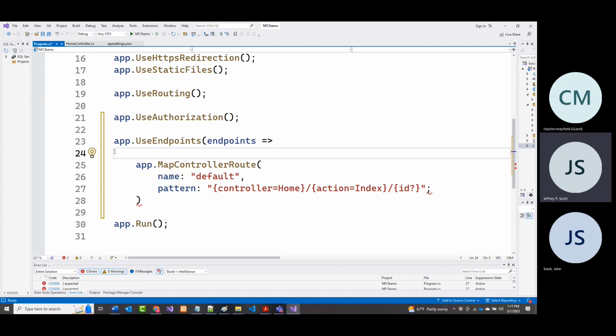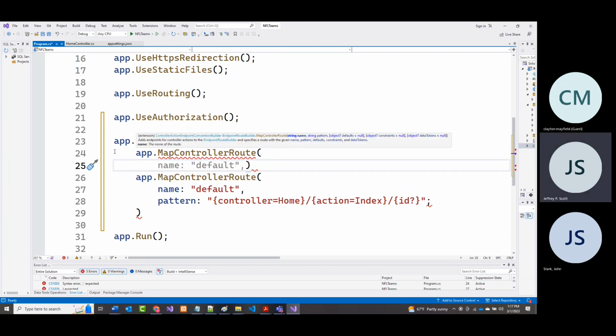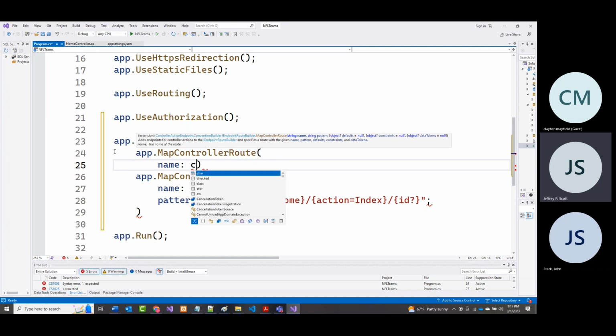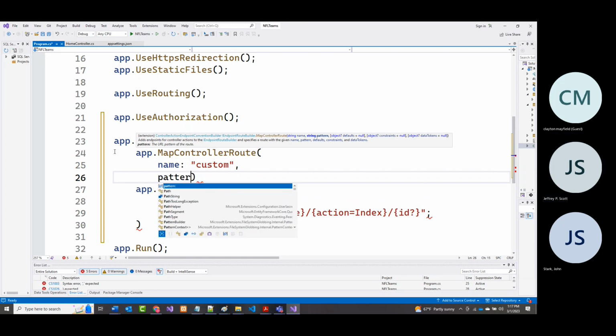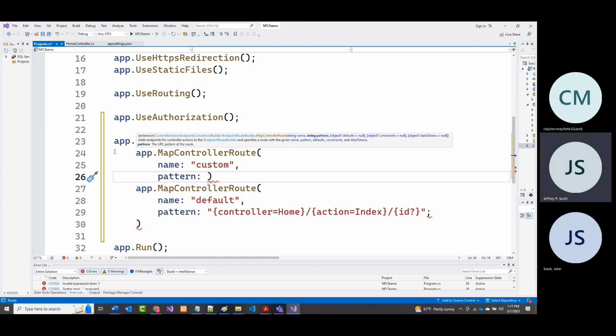So right here, this will be our new route. All right. So it's going to be an app dot map controller route. All right. Same way we did it before with a paren. And then a name can't be default because we're already using that. So we'll just call it custom. It'll be our custom route. And then we have to give it a pattern. All right. And that'll be